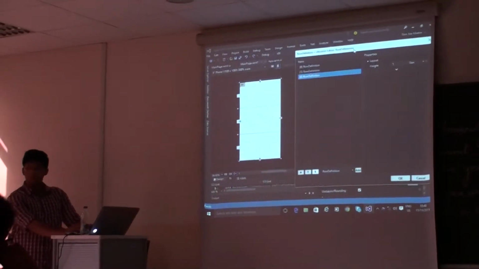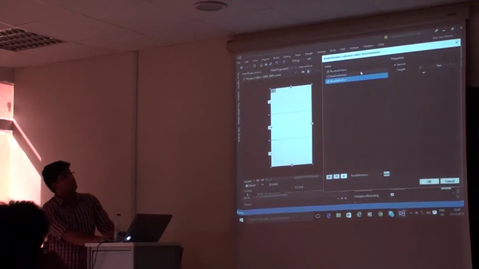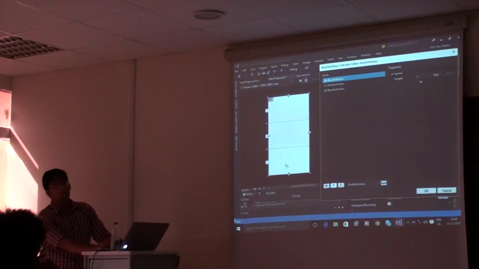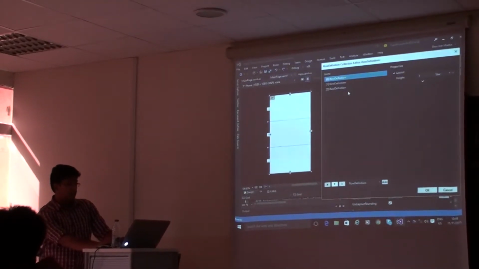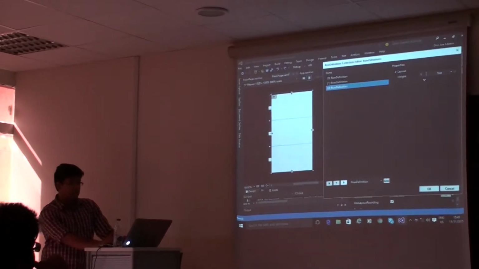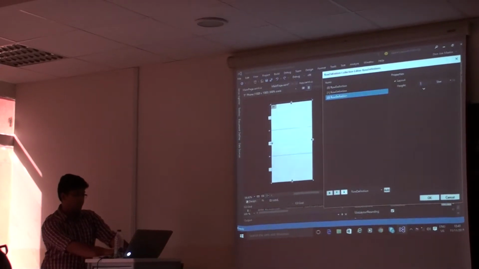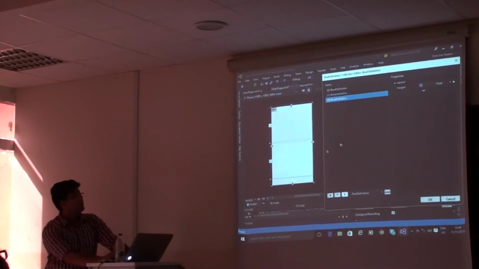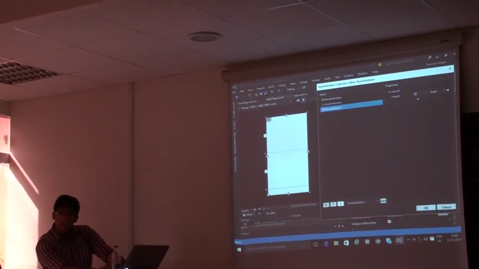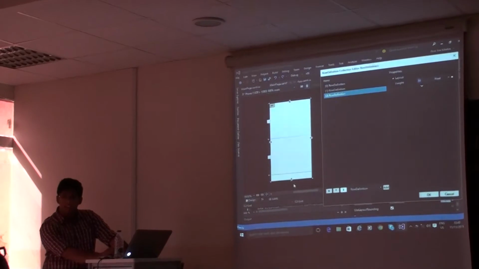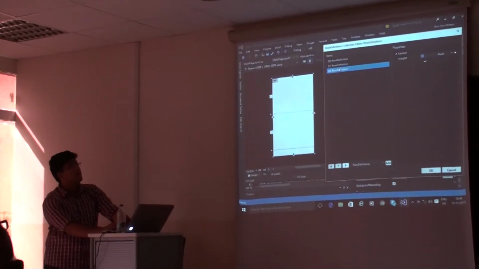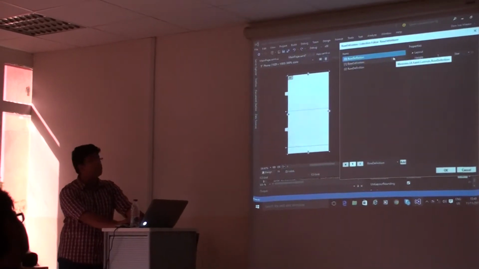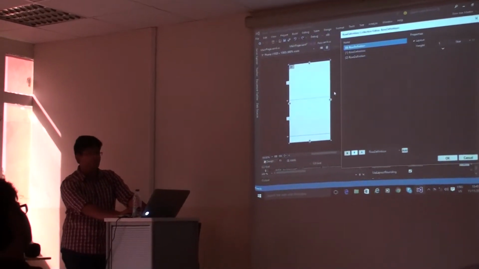I added 3 rows, and all 3 of them have the size star, which is why all 3 of them are equally distributed. Now suppose for the last row, I give it a size of 50 pixels. It will have a height of 50 pixels. The rest of the space that's left is divided among the other 2 rows at a ratio of 1:1, which means whatever space is left is equally shared.